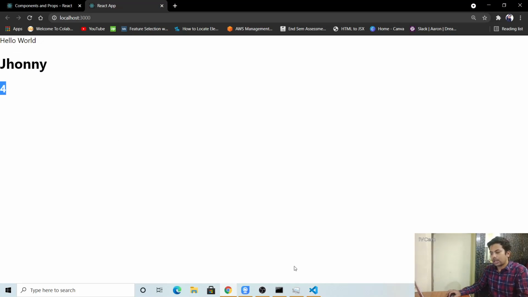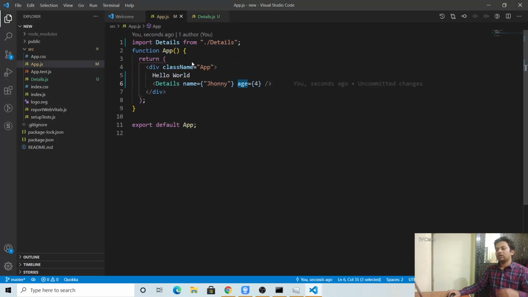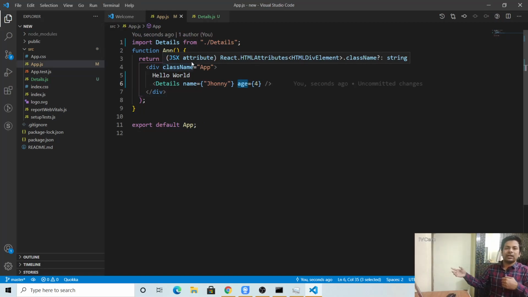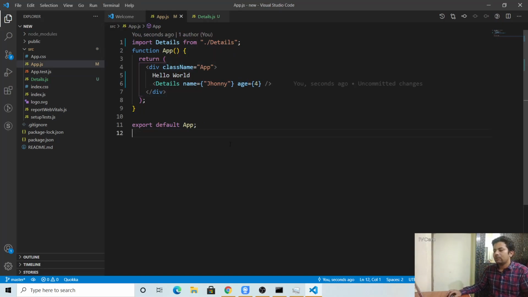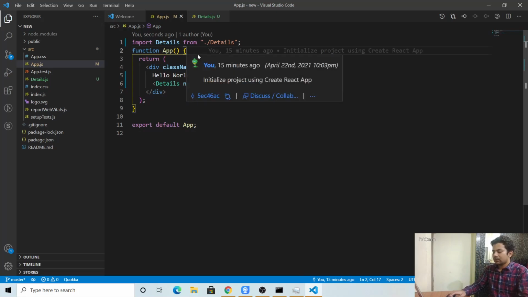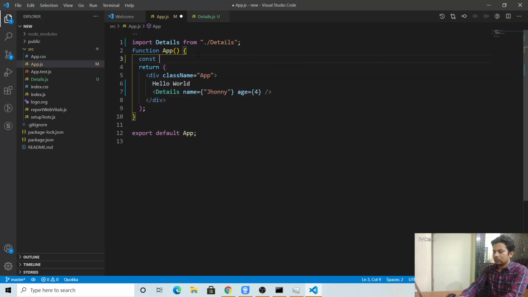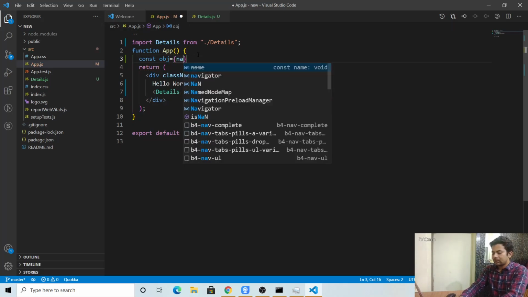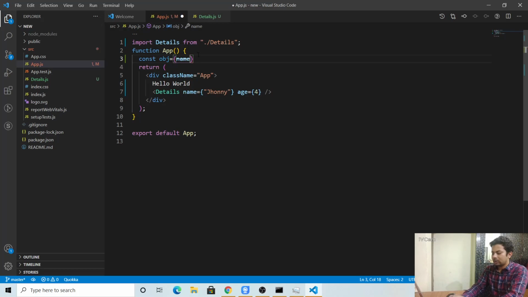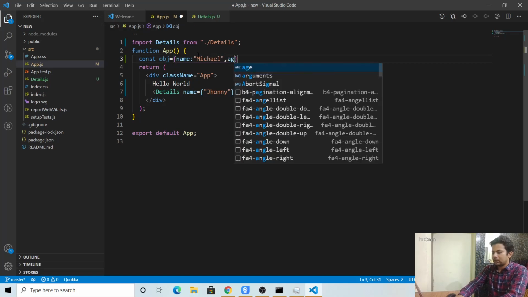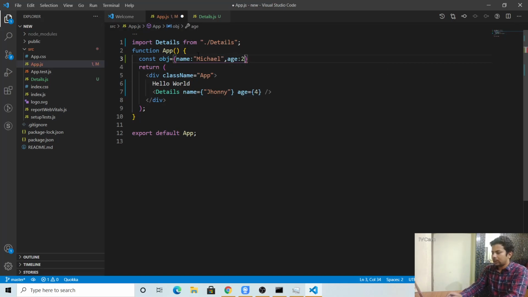So it's so easy. And suppose you have an object, like you have fetched an API and it came here, you have an object. How will you do that? We'll say const object equals, and suppose we have name Michael, comma, age 25.